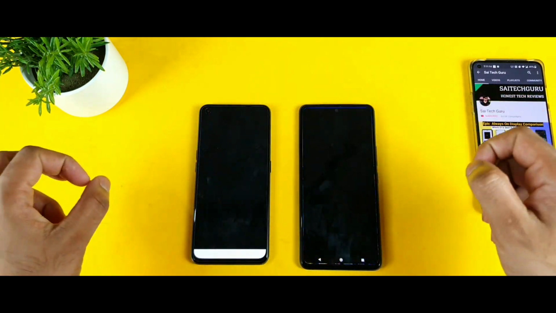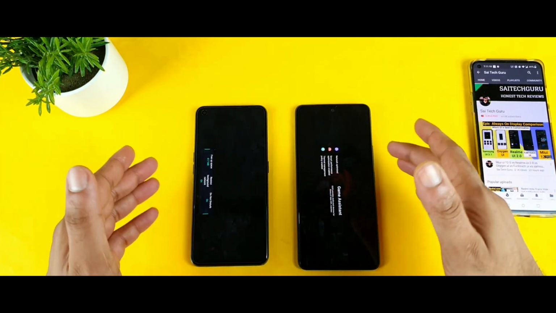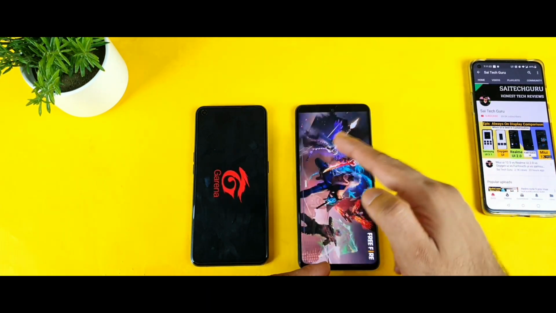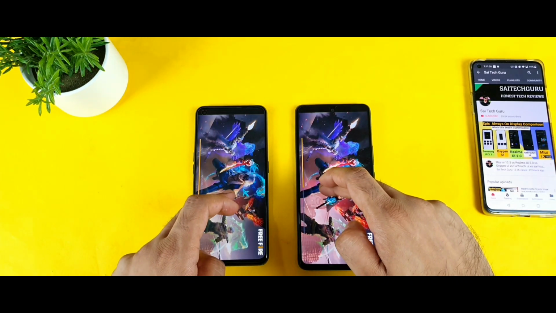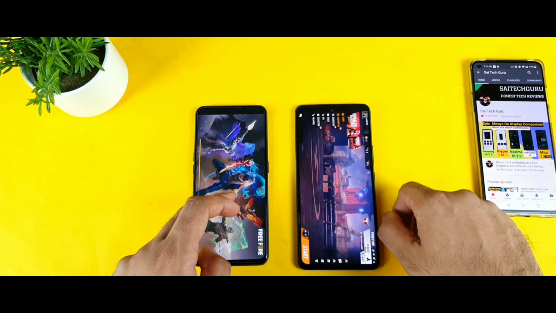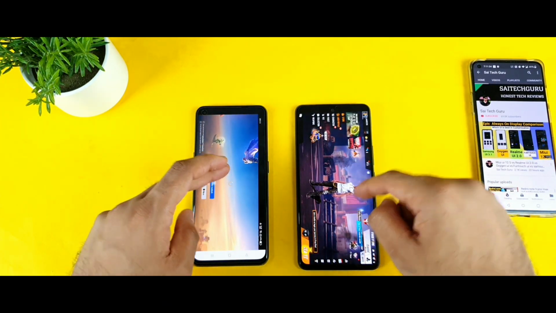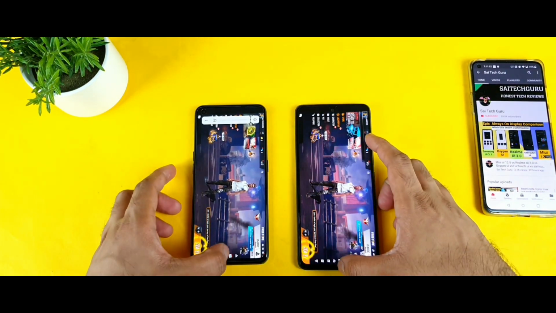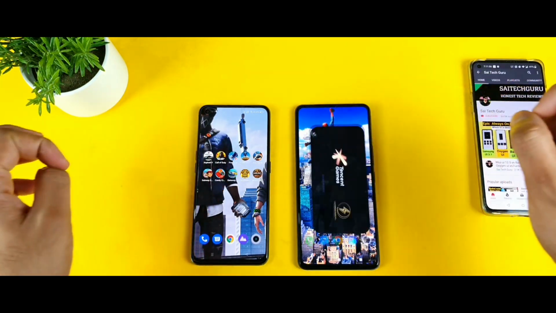Let's see. In the first two tests, Asphalt 9 and Call of Duty, the IQ7 is the winner. Even in Free Fire, the IQ7 is the winner. You did see this logo first. I'm trying to tap at the same time, as you can see, I'm tapping continuously. And first it got booted up on this IQ7 device. So the third time as well, the IQ7 wins the race. Let's see the PUBG game, which phone will be able to open PUBG faster.